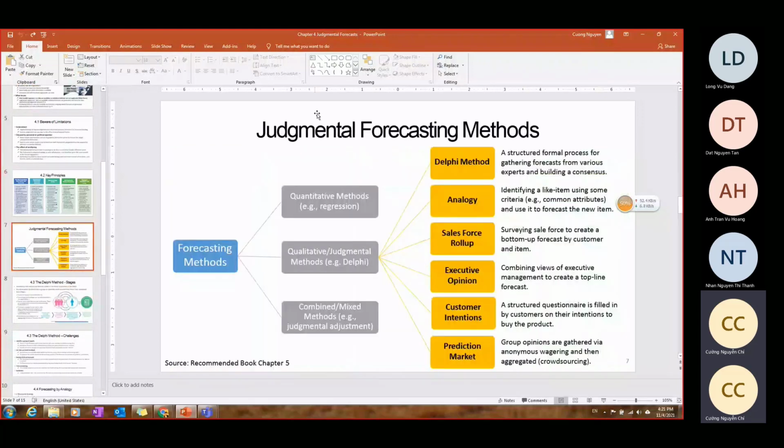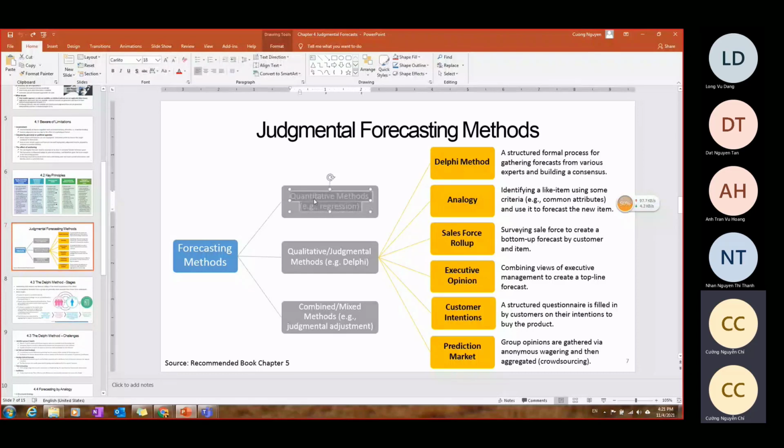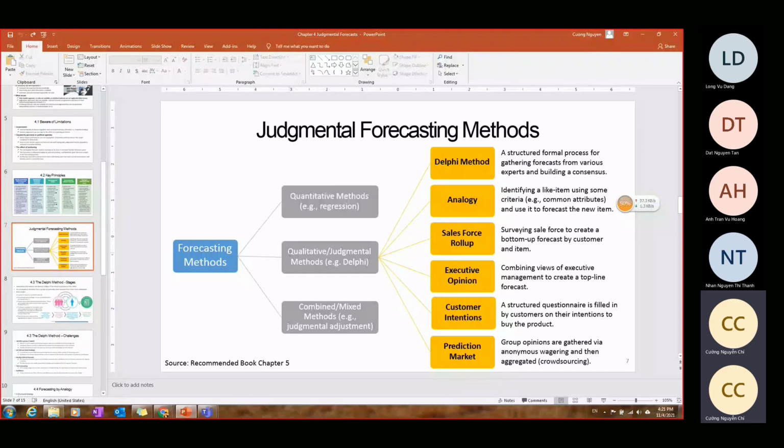And as I already said about judgmental forecasting, forecasting methods can be divided into three different ways. First of all, you model the data, quantitative methods, or you do it based on judgment, the qualitative methods, or you can combine both of them, the mixed methods between the judgment methods and the quantitative methods. With the judgment methods only, we have over here in the book, and also in this chapter, we cover about